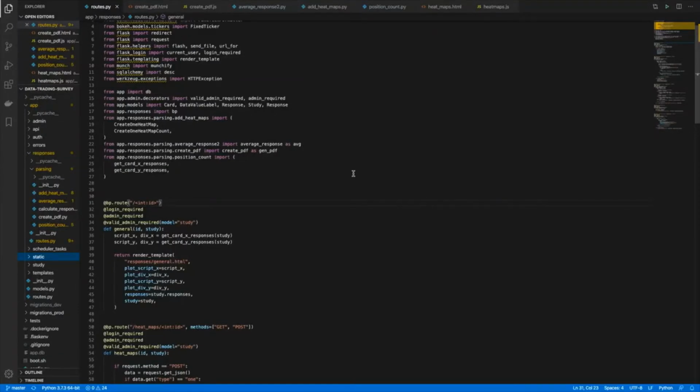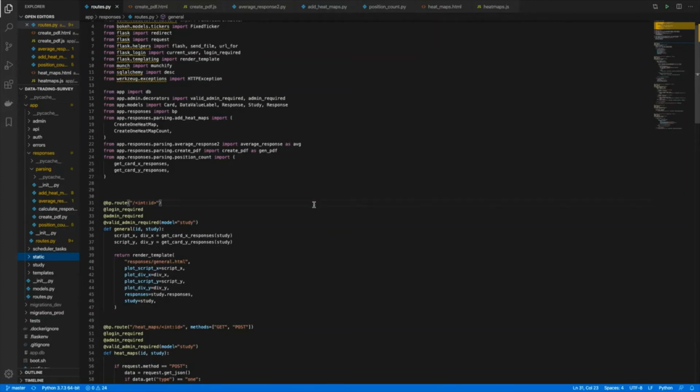Okay, so moving on to the responses module. This module is the most advanced in terms of the implementation throughout all the modules. It includes parsing the data, producing a variety of graphs, creating PDFs, things like that. The module analyzes the response data created from the convert response method shown earlier.